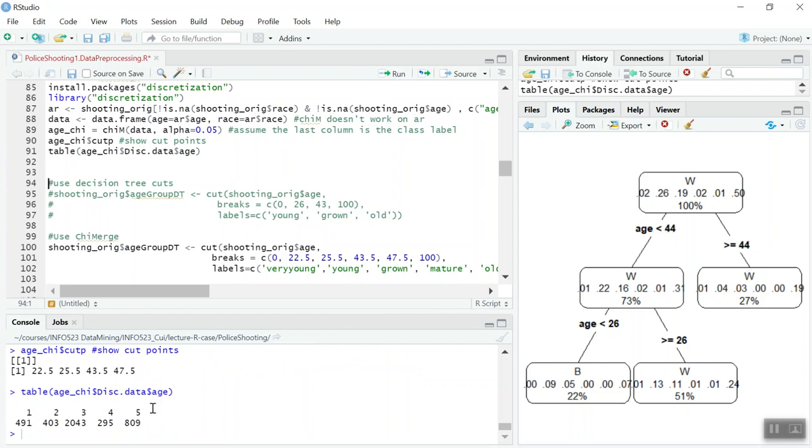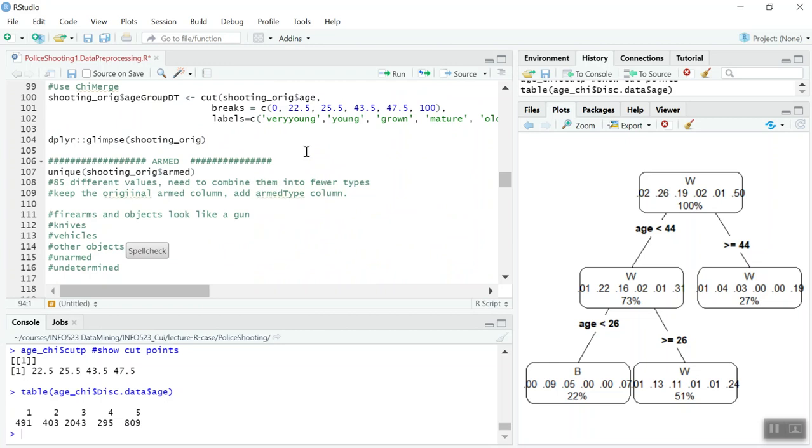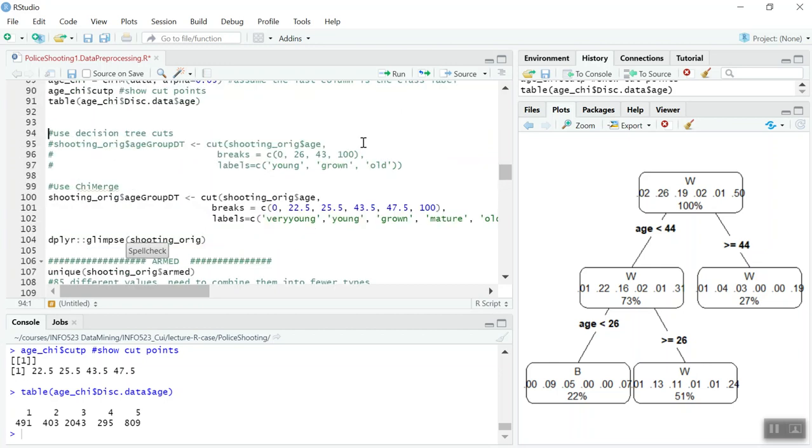If we run this, we can see how the data observations are distributed among those 5 bins. So we have 4 cutting points that create 5 bins, right? So at this time, my decision is to probably use these finer cuts from the result of the